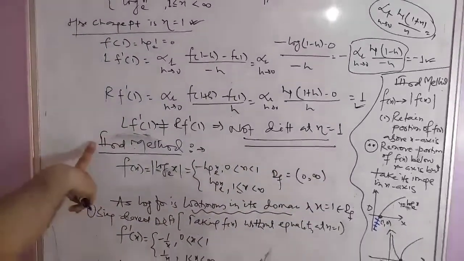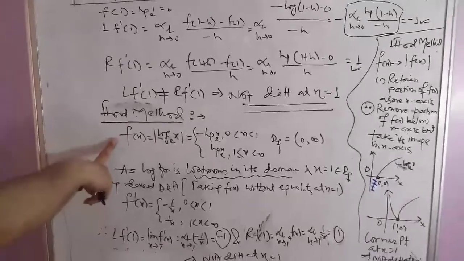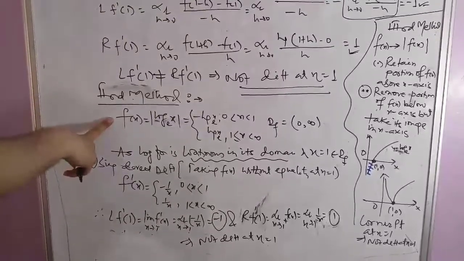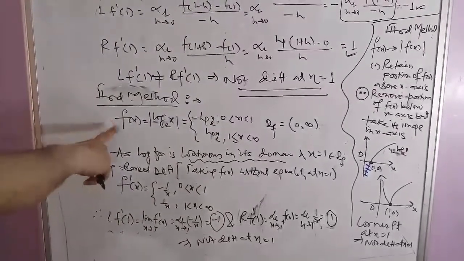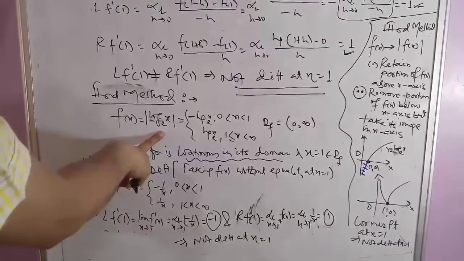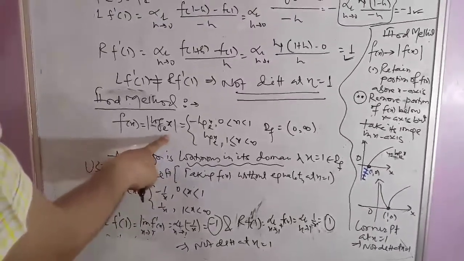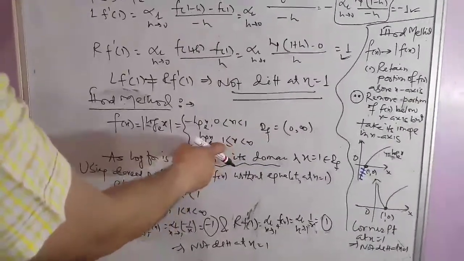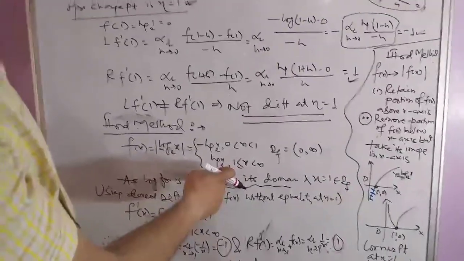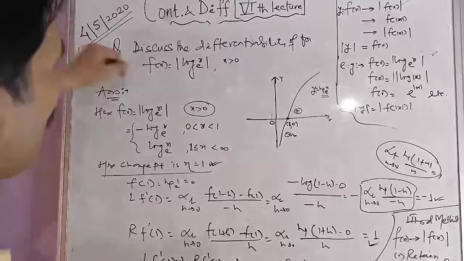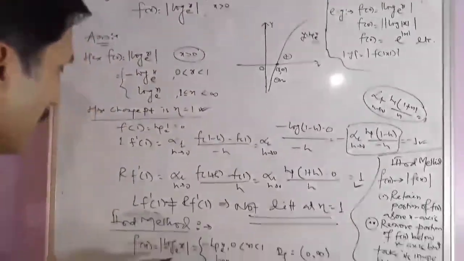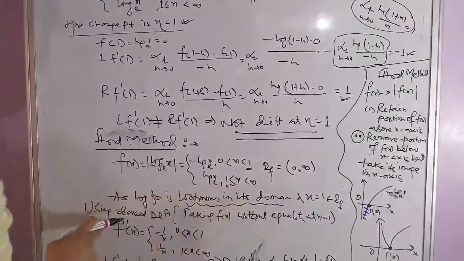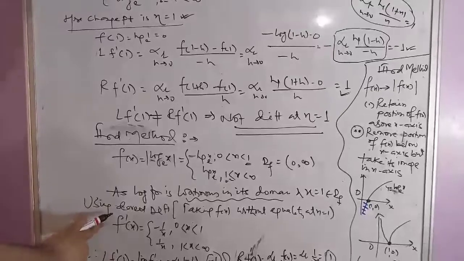In my 5th video lecture, we solved some questions on differentiability by using direct differentiation, but the condition was that the function must be continuous at that point. Here f(x) equal to |log x| to the base e. We know that log x is continuous at x equal to 1 from the graph, or the logarithmic function is everywhere continuous, and after taking modulus the function is continuous at the change point, so we use direct differentiation to check differentiability.